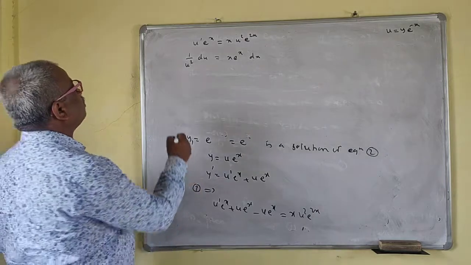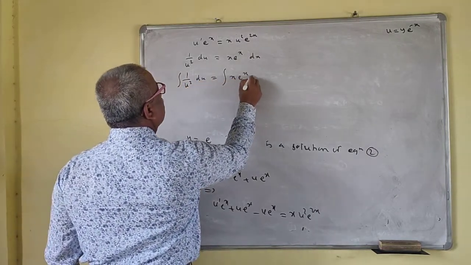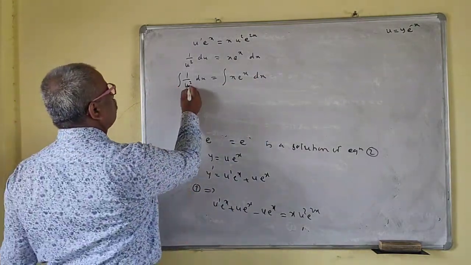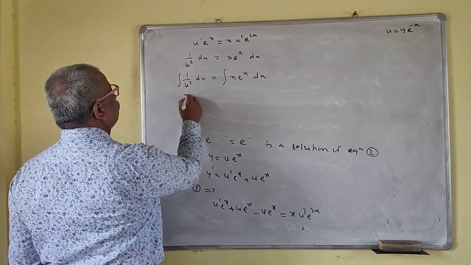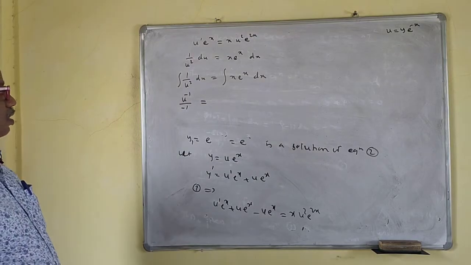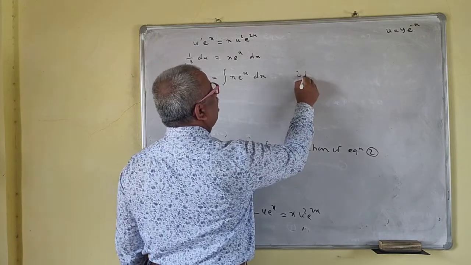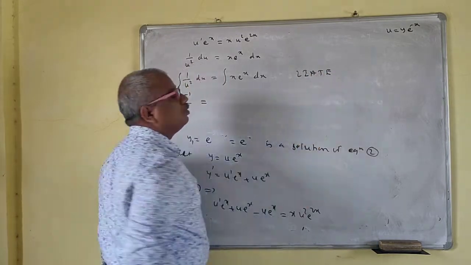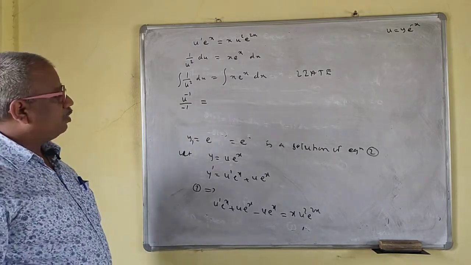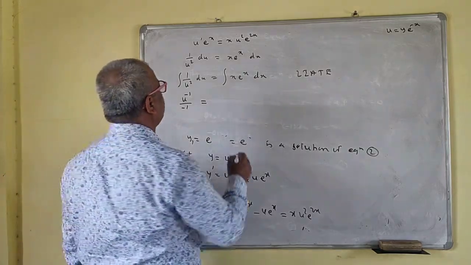Okay. Now we'll integrate this. Integration of 1 upon u square du equals integration of x e raised to x dx. Here you have to apply integration by parts now. So this is u raised to minus 2, so minus 1 upon minus 1. Now here you have to use the LIATE rule. L for logarithm, I for inverse, and so on, because we have to apply integration by parts there. Because this is a product of two functions, substitution is not available. So the algebraic function we have to take outside.